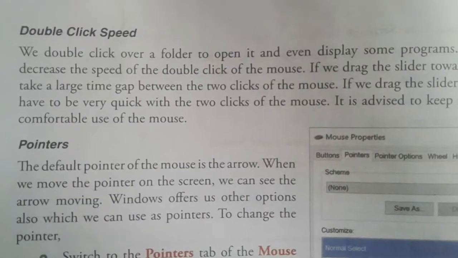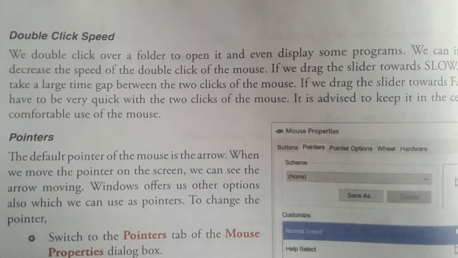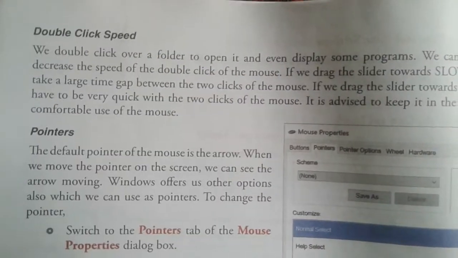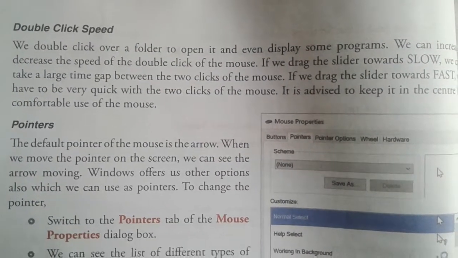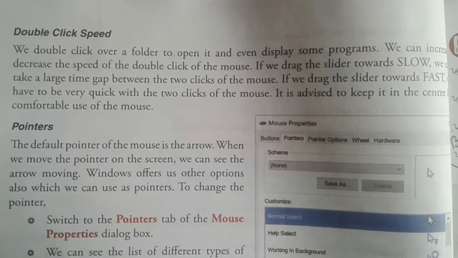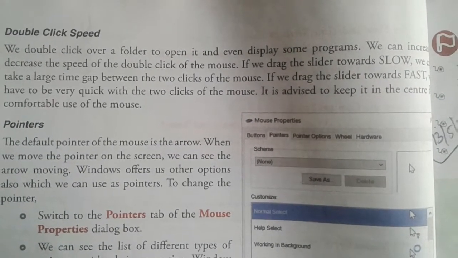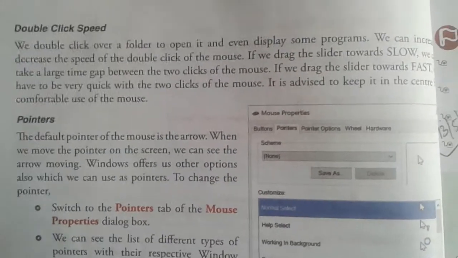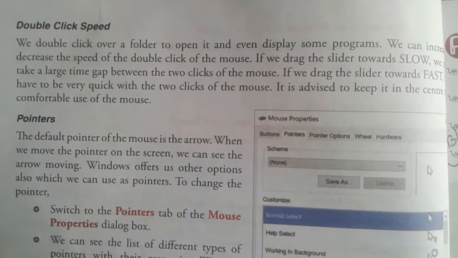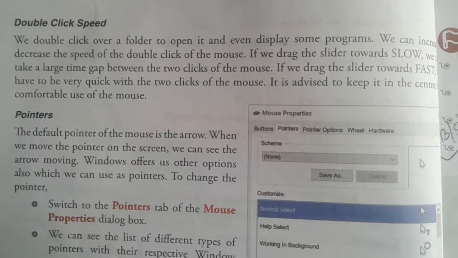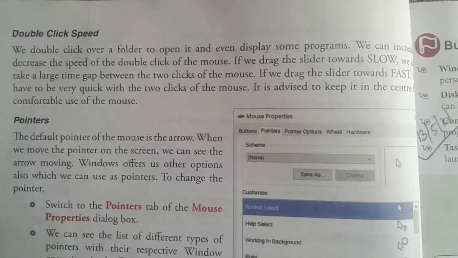Double click speed. If you want to change the speed of double click, you can. We double click over a folder to open it and even display some programs. We can decrease the speed of the double click of the mouse. We can increase or decrease the double click of the mouse also through the control panel. If we drag the slider